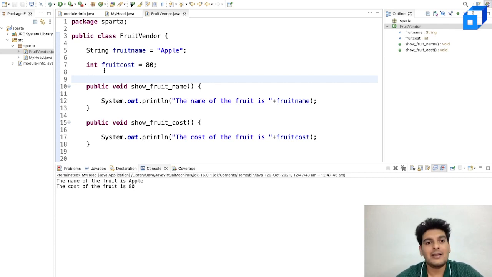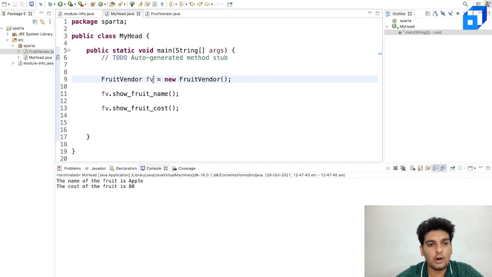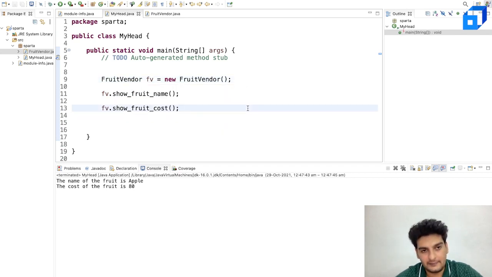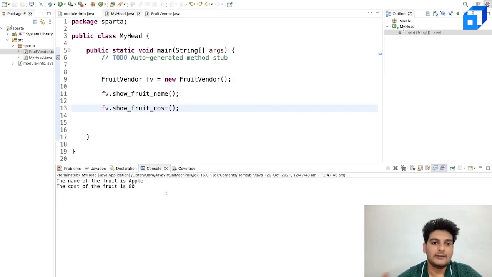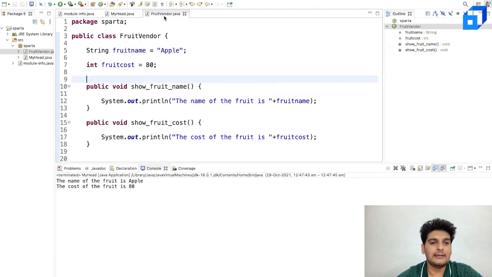So I have this class called fruit vendor, and for that I have these two attributes, these two methods, and I've created an object of it called FV. With this object, I have invoked these two methods and I've printed out the name of the fruit is apple and the cost of the fruit is 80. As simple as this.